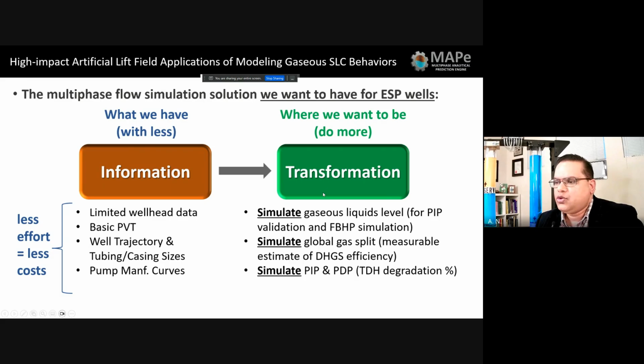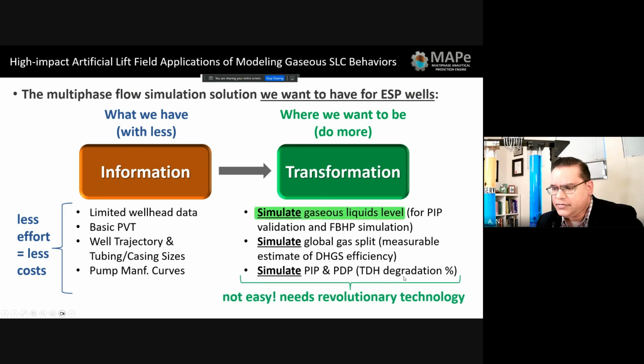We want to be able to simulate gaseous liquid levels from surface for pump intake pressure and FPHP. We want to be able to simulate the downhole gas separation efficiency, global gas split, so we can find out what the best downhole gas separators are to use in a particular scenario. And we also want to be able to simulate the pump intake pressure and pump discharge pressure so that we can quantify head degradation